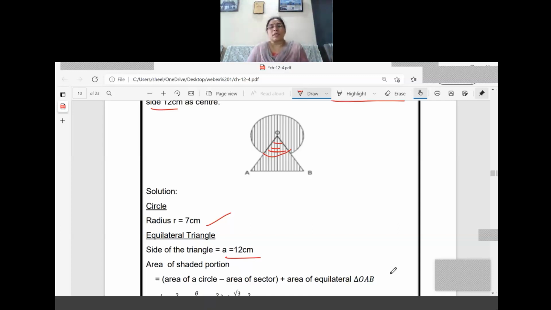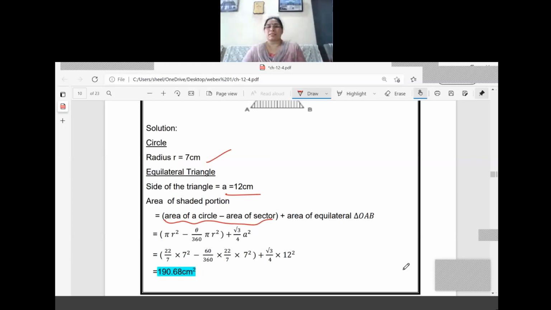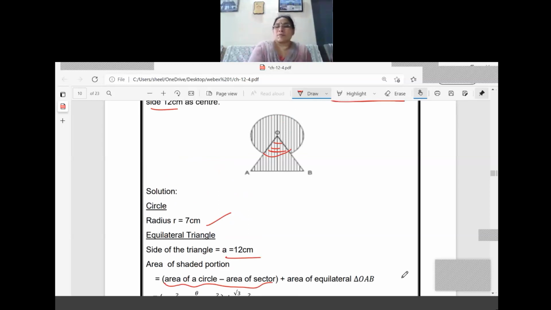Now what is the question? So area of the circle minus area of the sector. Instead of this area of the circle minus area of the sector, you can go for which one? Area of the major sector also. Understood? Otherwise, here also whatever we are doing, that is also correct only. So area of the circle minus area of the sector plus area of the equilateral triangle OAB. So triangle OAB is asked. So this time when we are taking the triangle OAB, the sector is coming there. So from this first part, the sector part is removed.